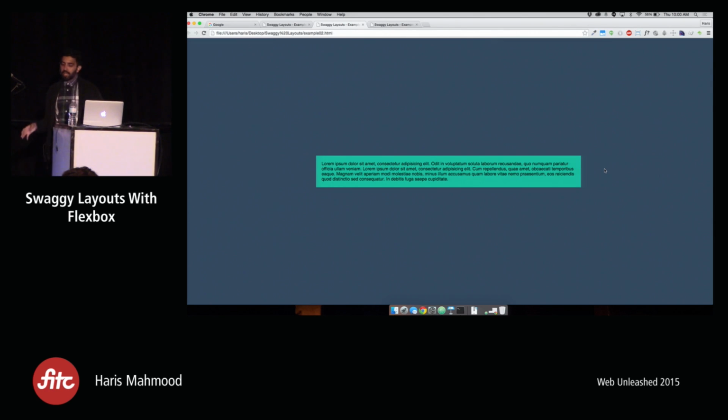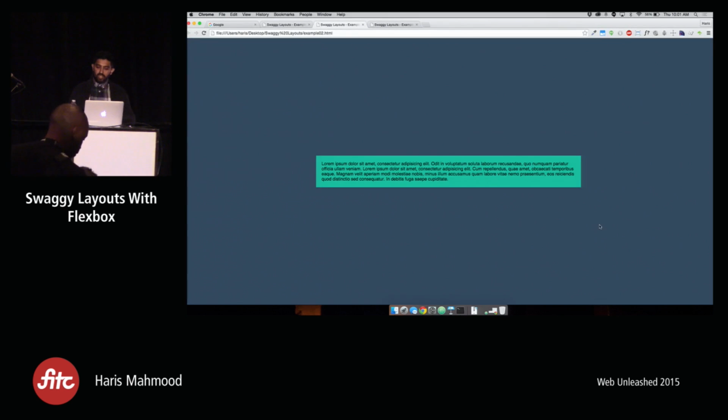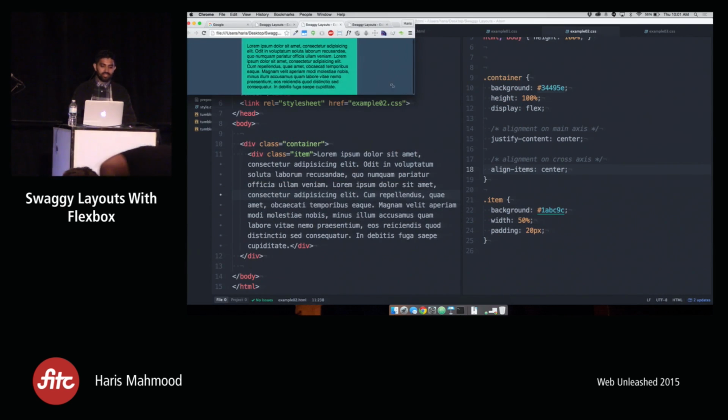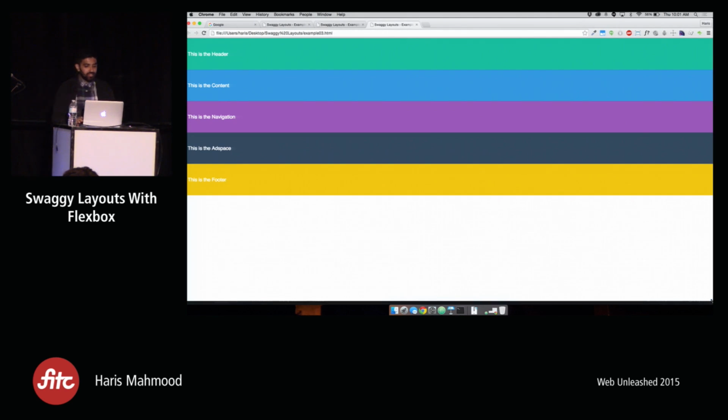The best thing I like about this is that the centering is always perfect. The width of the item can change, the amount of space around it can change, and we never get any weird issues. It's just so nice. Fantastic. All right, and last example, we're going to have a look at the Holy Grail layout